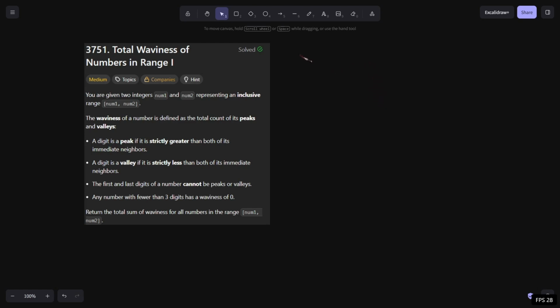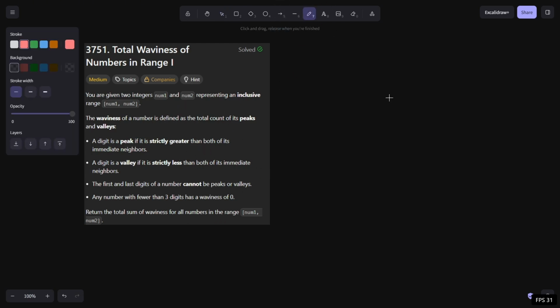So let's see the problem of the day. The problem today is Total Waviness of Numbers in Range. Basically, we are given a range between two numbers and we have to return the total number of waves between the numbers. So let's see a number like